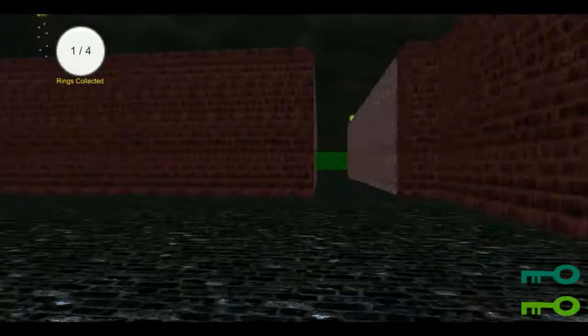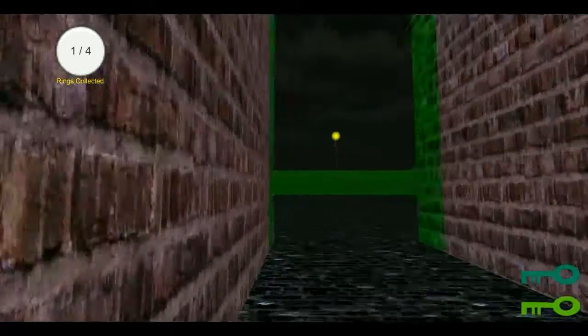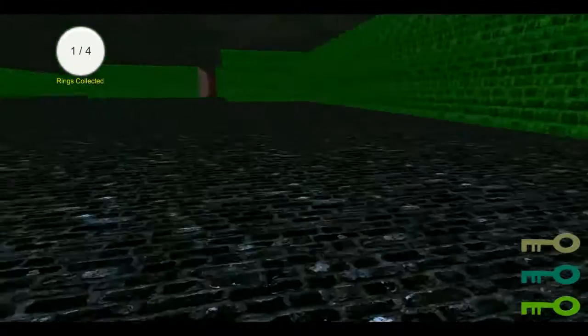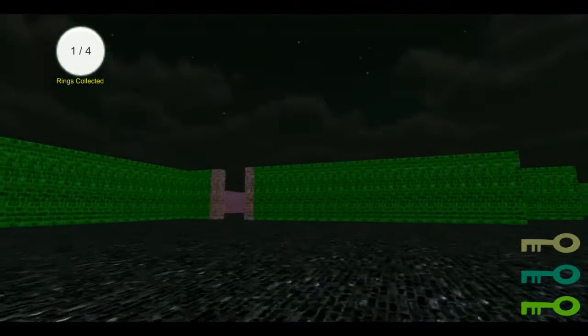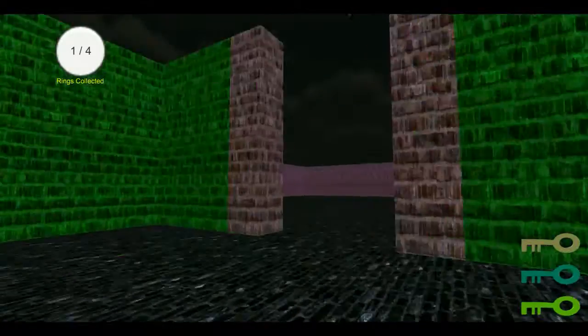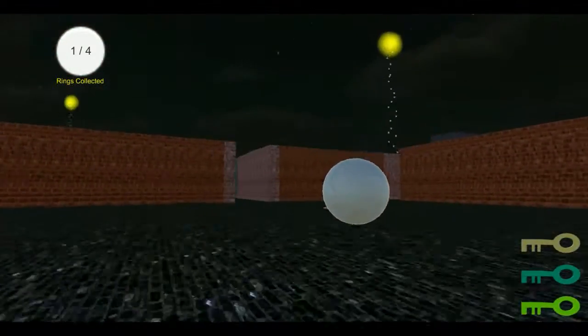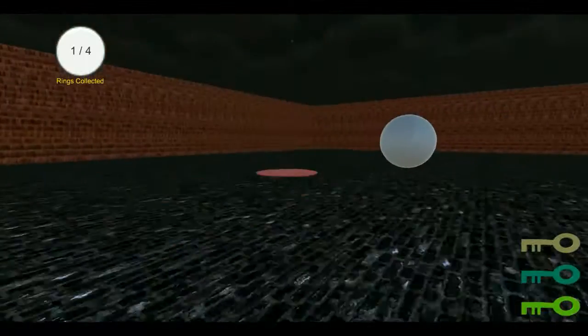The map and the puzzle elements and all the gameplay is generated at runtime through C# and some JavaScript. Got another key there, nice. As well as other elements such as the skybox, the colour of the walls, and the lighting itself to give some variety. And another type of puzzle here, we have